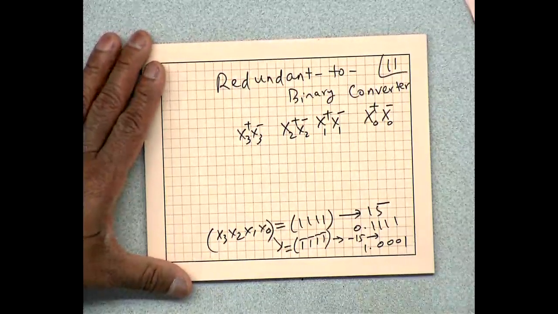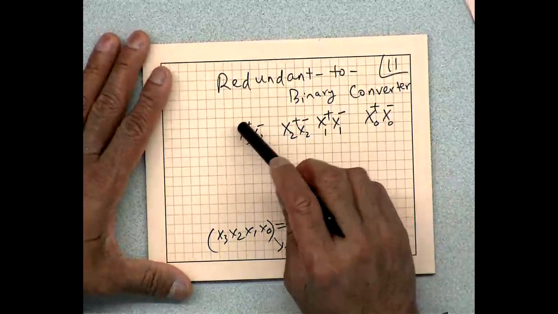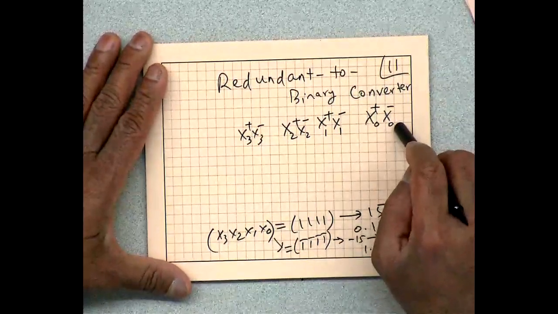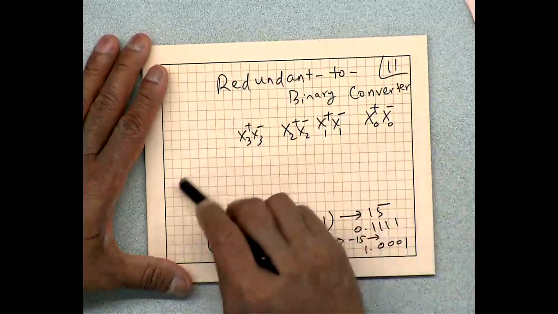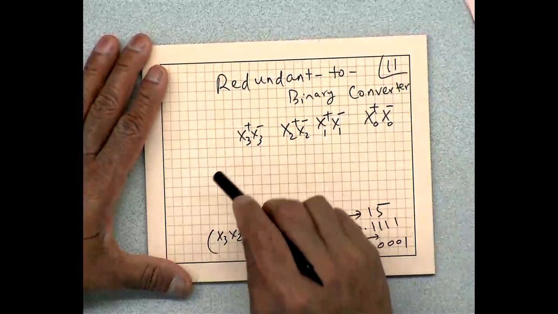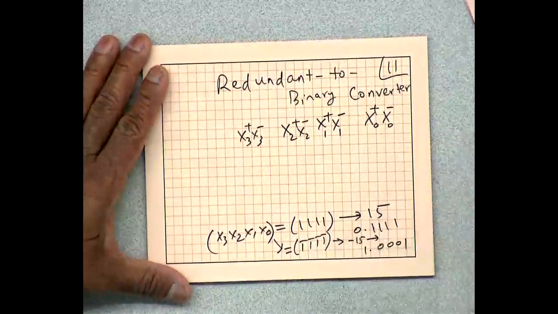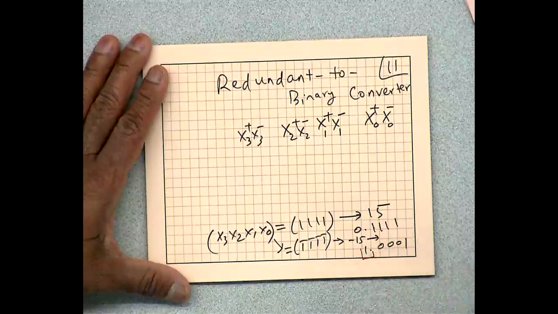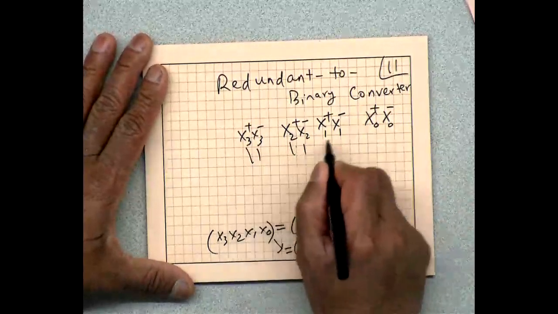So the point I am trying to make is, if we take a W digit redundant number, the resulting 2's complement binary number should be W plus 1 bits. There has to be another bit that must come out, and that bit must be a negatively weighted bit. So the so-called sign bit is a negatively weighted bit. Okay, so here is how we will proceed.